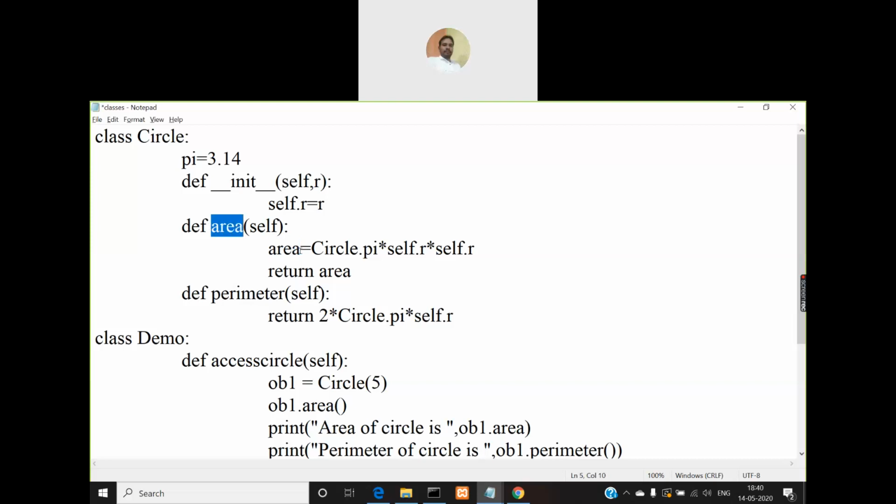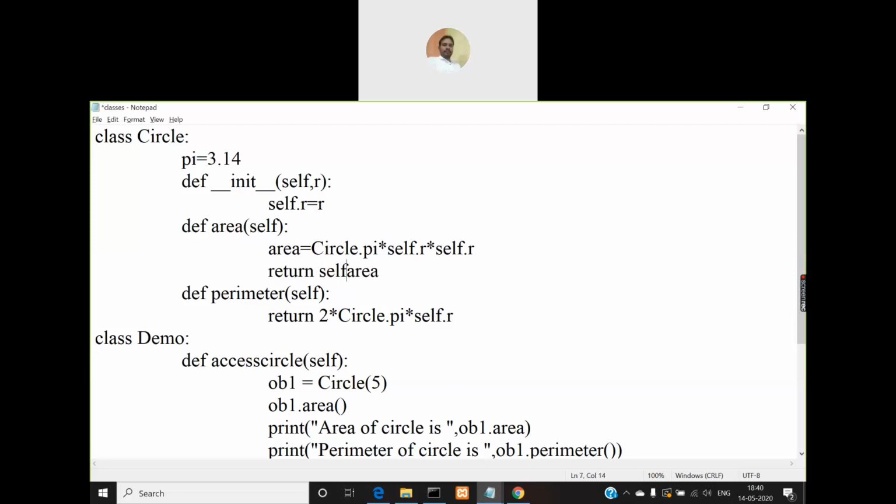If you use a, for example, this will not work. If you are using a, then you have to use self.a. So this is applicable only when the variable name is the same as the method name. Here if I give self.area, this will not work. It is generating an error for me, right?